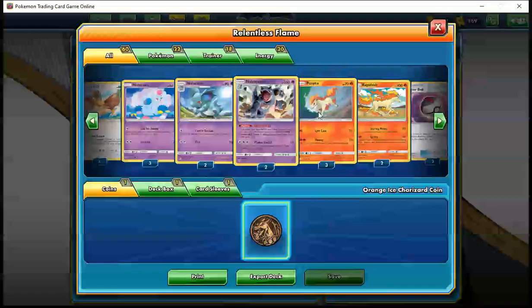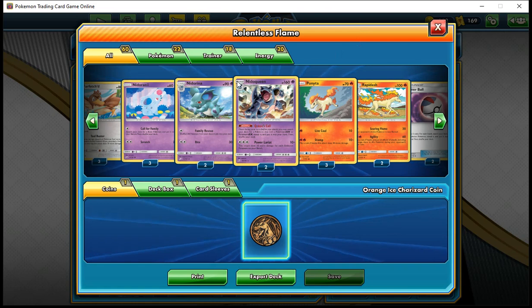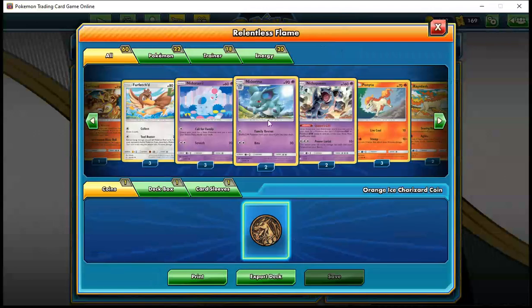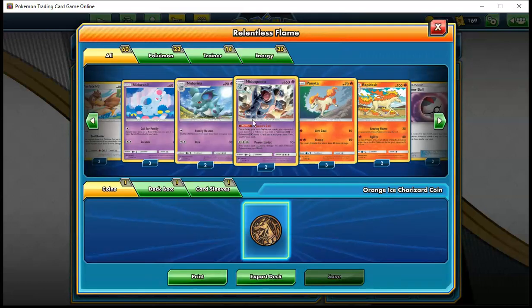The Nidoqueen line makes this deck amazing. It's way better than Pidgey, in my opinion, or Pidgeotto, I should say, because Pidgeotto is down to the stage one, so it's faster to get out. Unlike this one, where Nidorina is literally just there to get you Nidoqueen. But just being able to pick your Pokemon and using Nidoqueen to essentially set up another Nidoqueen, since they give you two,